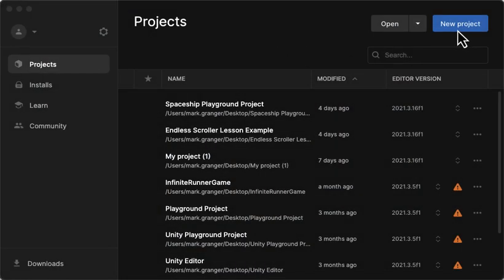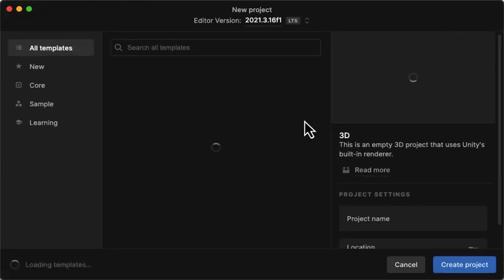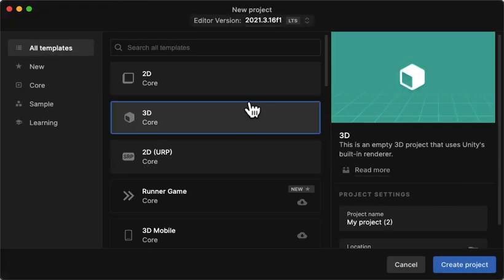Alright, I'm going to show you how to set up the Lego Microgame project. We're going to start with a new project in the Unity Hub here, and we are going to choose a 3D Core project and just go ahead and give this a name. And then we'll hit